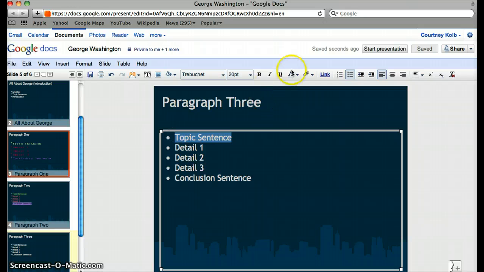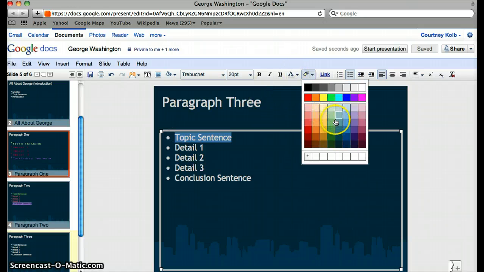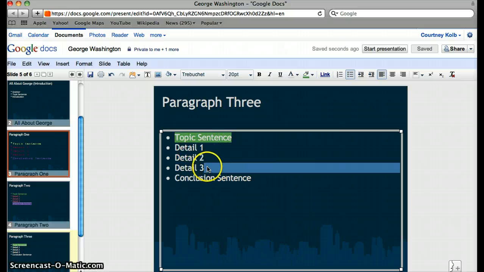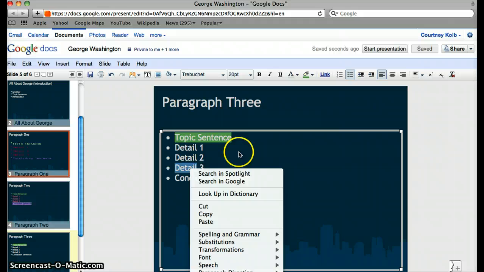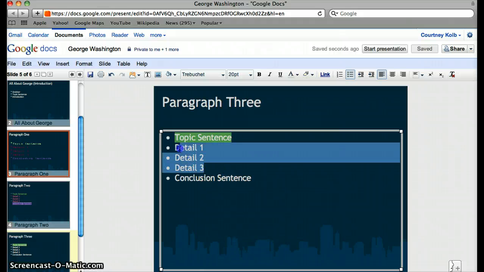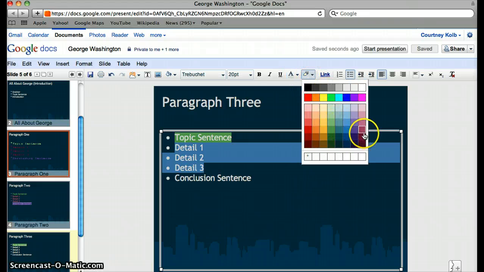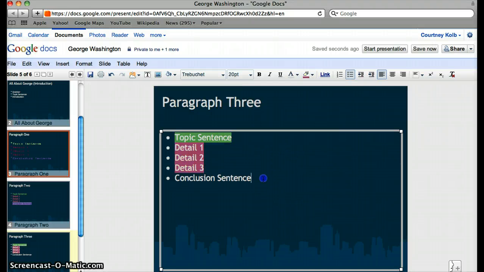Okay, we're just color coding here for visual purposes. You have a topic sentence and 3 supporting ideas for that topic sentence. And as you see here, you can also highlight. If there's a special part you want to highlight within the presentation, all you do is highlight the words, then go to the highlighter, which is right next to the text color change, and highlight what you want the audience to